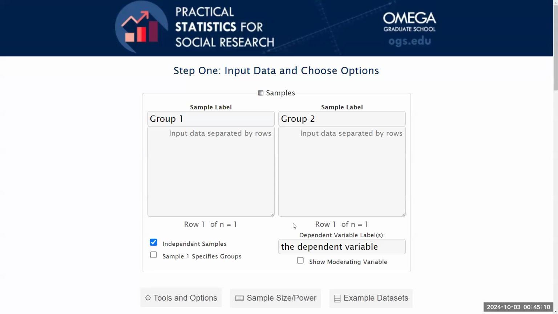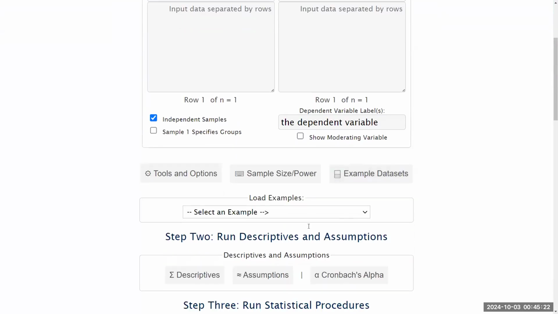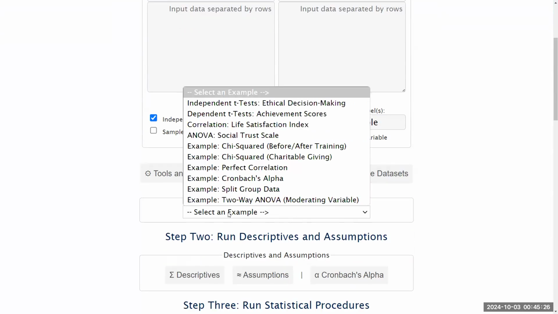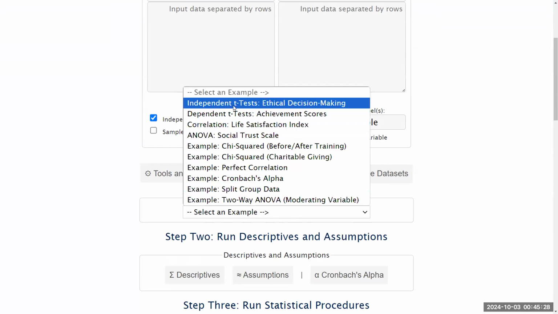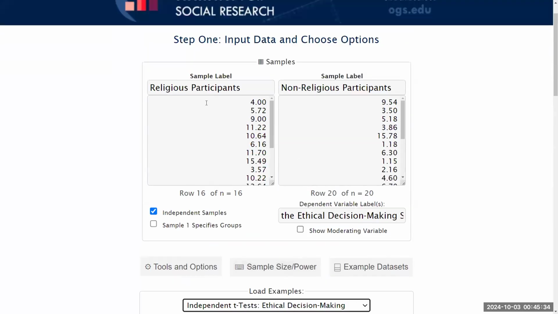Let's start by loading an example data set, and that will help give some context to what you see here on the screen. So if you scroll down, there's a button that says Example Datasets. Click that, and you'll see a drop-down box. Let's select one of these examples, and we'll start with an independent t-test. This data set includes